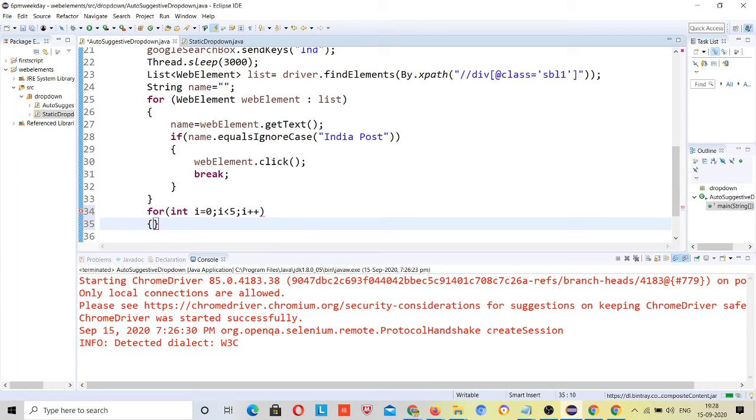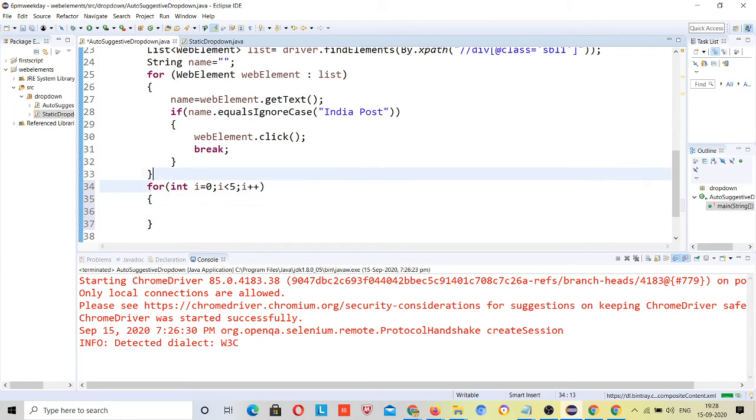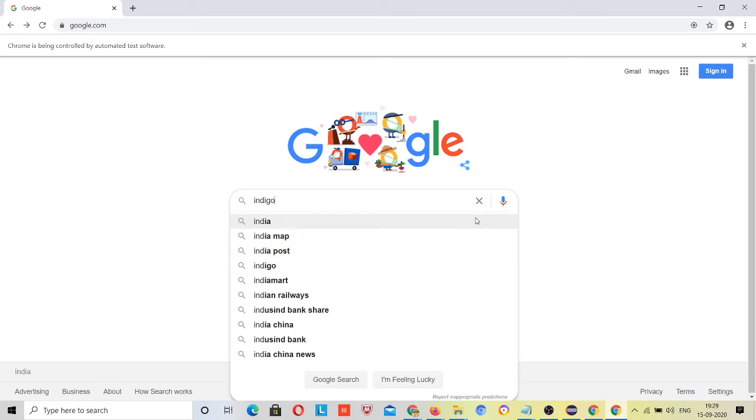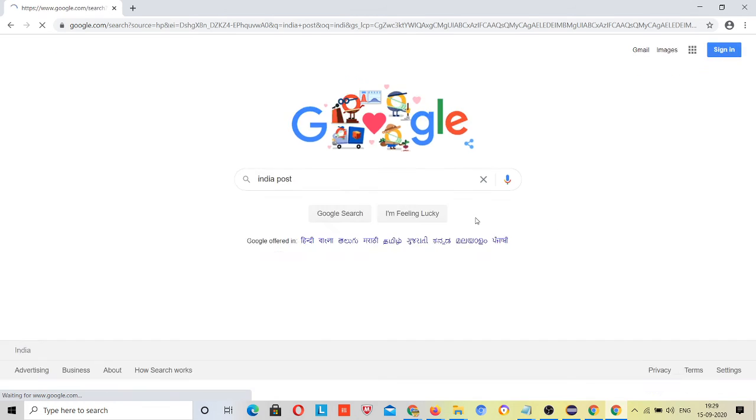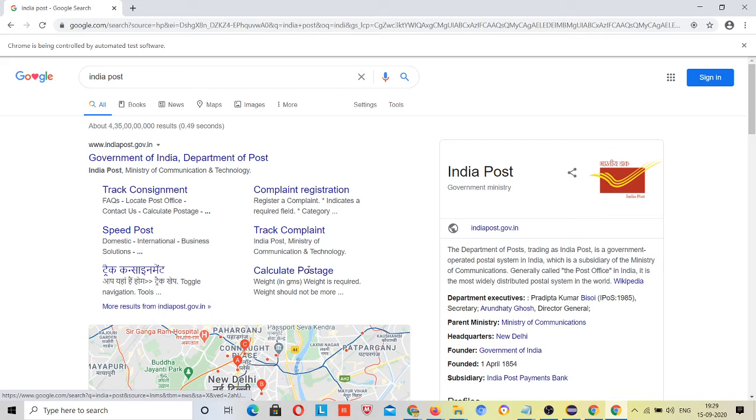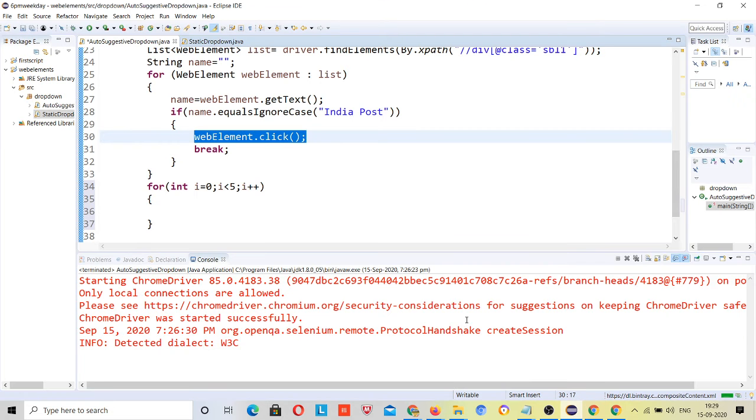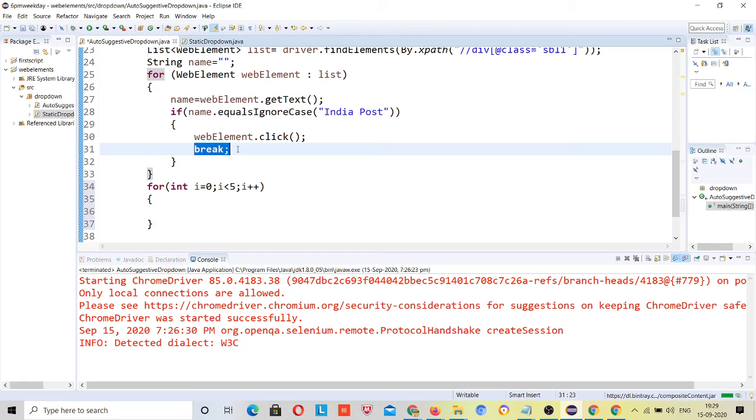So suppose I have got the 5 results, then I was trying to print all 5 results, but as soon as I found my desired result at third place, I clicked on that element, and as soon as I clicked on that element, I came to this page. Suppose I came to this page, but still it was trying to find other results also, right? Because I have not used the break statement.